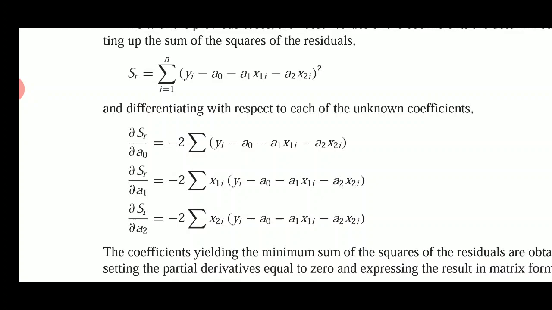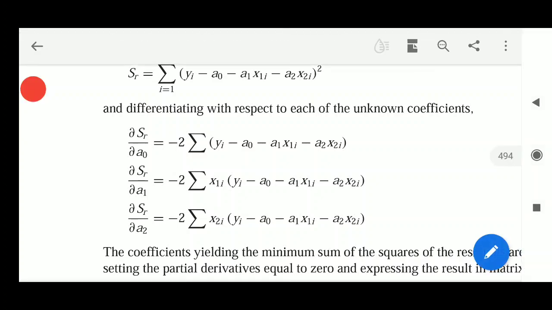Once again I remind you why we are taking the square: so that we consider only the magnitude. We just want to take the positive values and then add them up, because we want to see the impact, right? So as i changes from 1 to n, we are going to square everything, and then add them up.